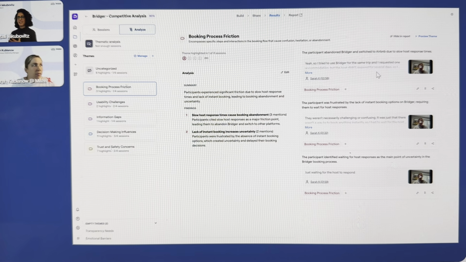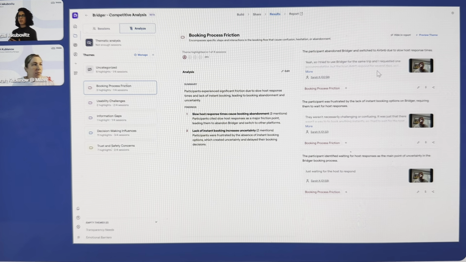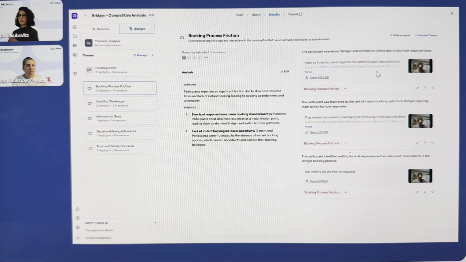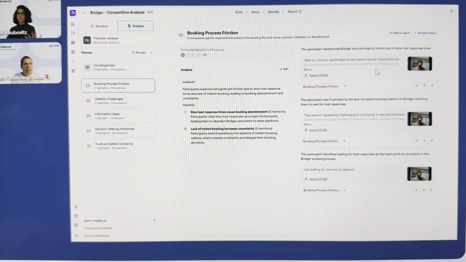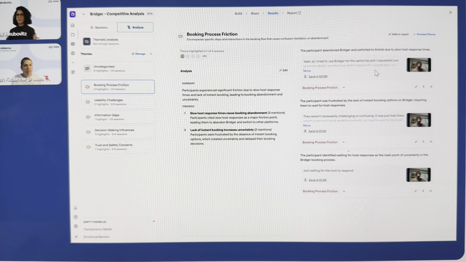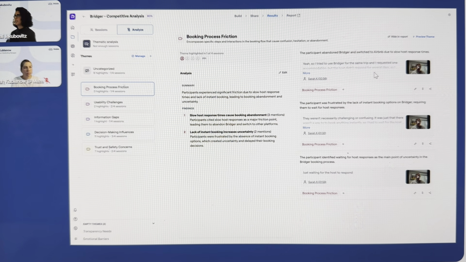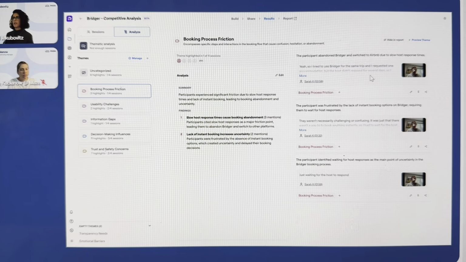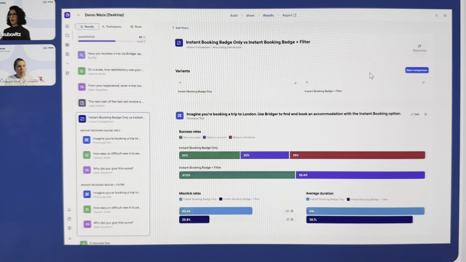One is tougher to build, takes a little bit longer, but we have kind of the conviction that this would get the job done. And the other might be light and might just do the job. How can we decide? So with that, let's move back to the Maze unmoderated study. And the way that we can